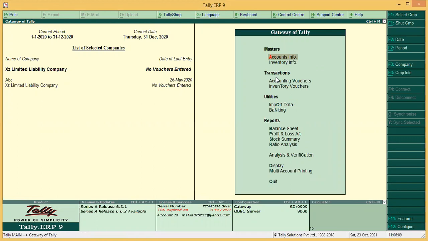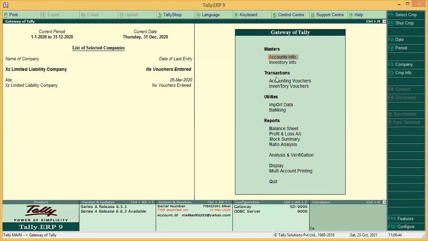record different kinds of transactions, first of all you have to create the different kinds of accounts. It's like a chart of accounts. Some software already has a built-in chart of accounts. Here also we have the basic chart of accounts built in, but we have to create the names of our customers, names of our suppliers, different kinds of expenses. So we will guide you about the ledger creations for the assets, for the liabilities, for the suppliers. All these things we will discuss now.